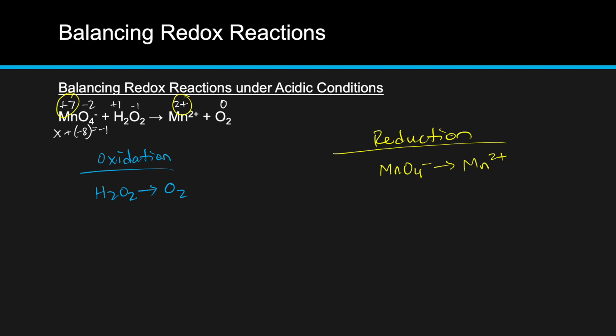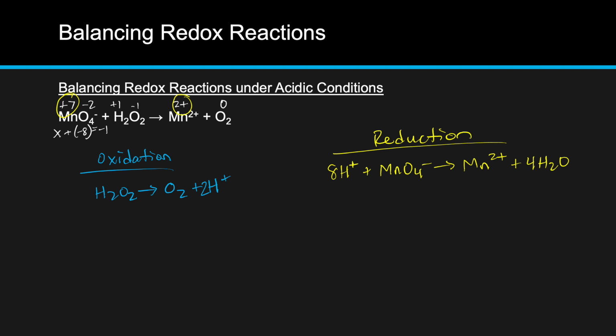So now let's go ahead and balance our non-hydrogen and non-oxygen elements, which are already balanced. So now we're going to balance our oxygens with water and our hydrogens with H plus ions. So starting off with the oxidation reaction, my oxygens are already balanced, so I'm going to use H plus ions, and I need 2 of them to balance out those 2 hydrogens. And now for our reduction side, we need to balance out our oxygens first. So I have 4 oxygens on the left, which means I need 4 waters on the right. And that is 8 hydrogens, so I need 8 H plus